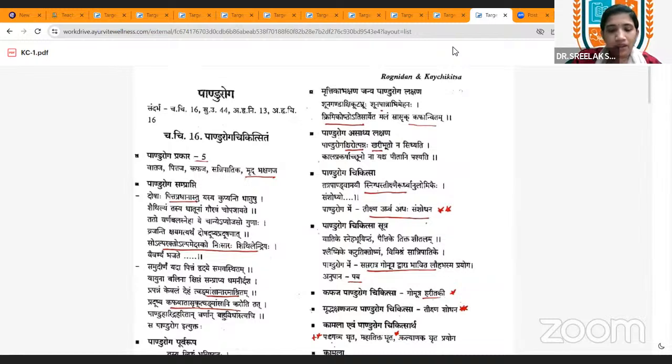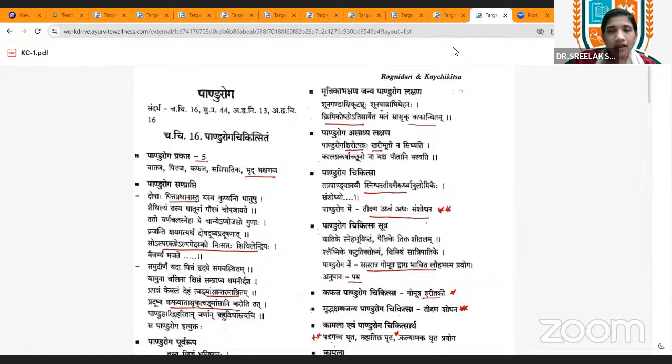This is important. Coming to the Samprapti of the Panduroga, mainly Sadhaka Pitta, which is situated in the Hridaya, will increase. That is happening in the Panduroga. And the Sthana Samshaya mainly occurs in between Tvak and Mamsa. That is important. So, where is the Sthana Samshaya of this Panduroga taking place?